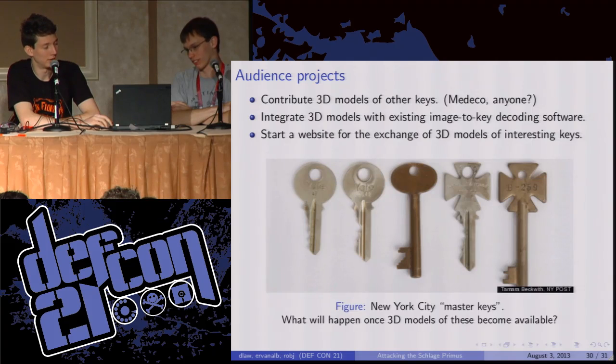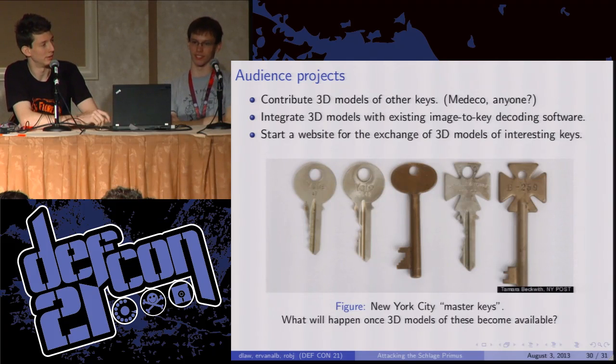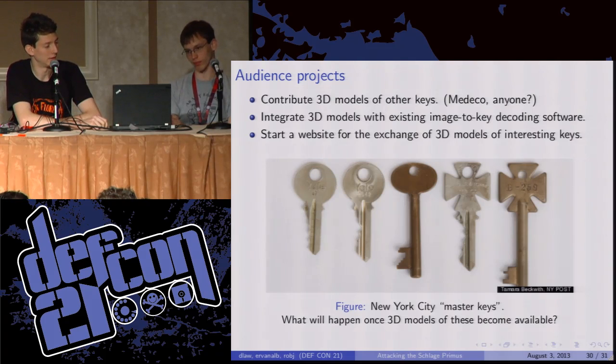Well, here's some food for thought. If you're from the New York area, you may have heard about these a few months ago. A lot of people got upset because a retired locksmith was selling this set of 5 keys on eBay. The New York Post published the story, called them the master keys to New York. These are keys that are used by law enforcement personnel and fire departments in New York City, and they operate things like the fire overrides in elevators and the keys to electrical circuit breaker boxes and other cool things. And people were starting to get upset that a single set of these keys had leaked